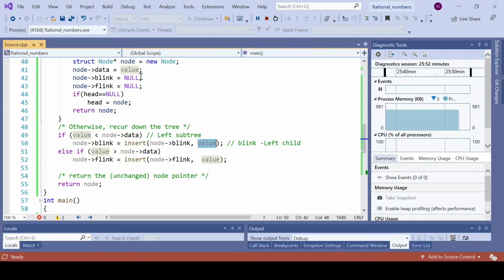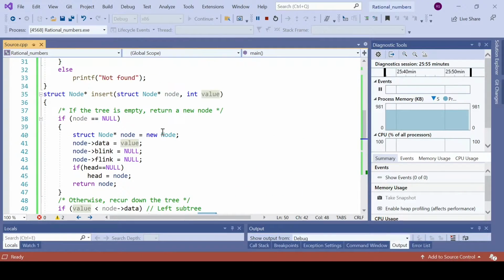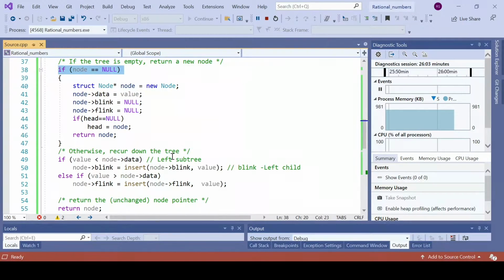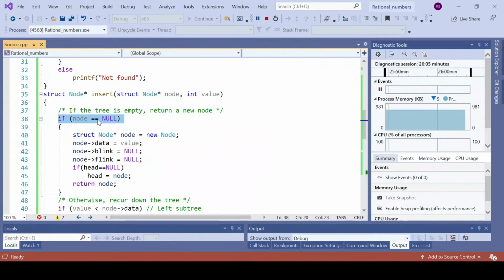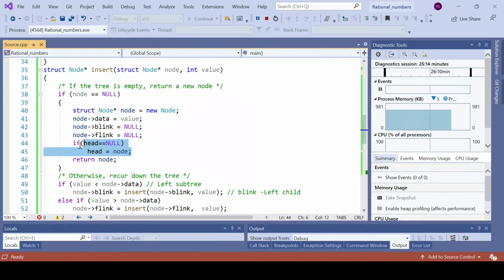So a recursive call is getting made, and then the recursive call once again enters into the function. Now the condition is true again, since we passed null, that is, if node equals null. Now what will happen? A new node is constructed, all these steps are done, and then without running this particular condition, it will simply return that particular node.